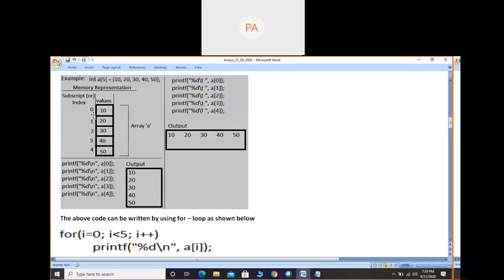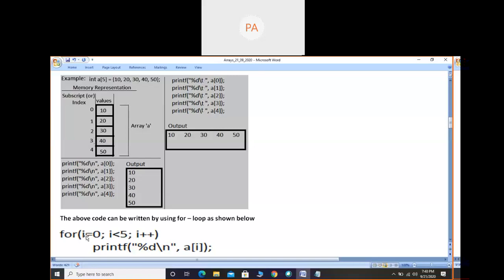So first, remember three things. One is the starting location, another is the maximum size, and another is by how much it is increasing. Starting location is 0, size is 5, and it is increasing by 1. From that you can write the for loop. I stands for index. In the previous for loop, while or do while loop examples I used variable I, and now we know why. It is nothing like you have to use I here.